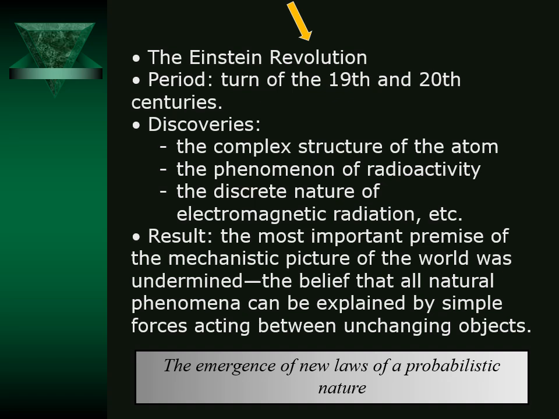And the conviction that all natural phenomena can be explained with the help of equations was undermined. During the Einstein revolution, we get the idea that a number of regularities are probabilistic in nature. That is, statistical regularities appear in many physical laws, including